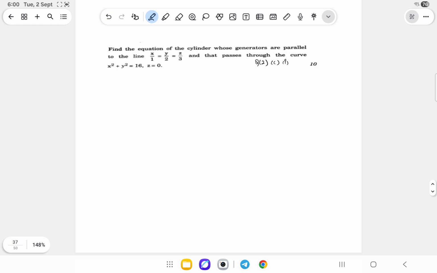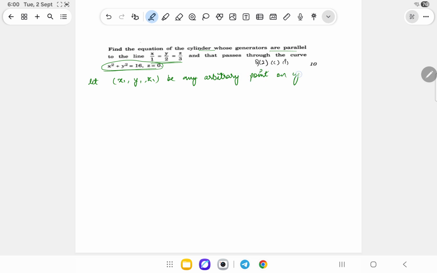The next question says: find the equation of the cylinder whose generators are parallel to this line, and it is also given that the generator passes via this. So this basically acts as the guiding curve of the cylinder. Let us assume that (x1, y1, z1) be any arbitrary point on the cylinder. If that's the case, then the equation of the generating line would be